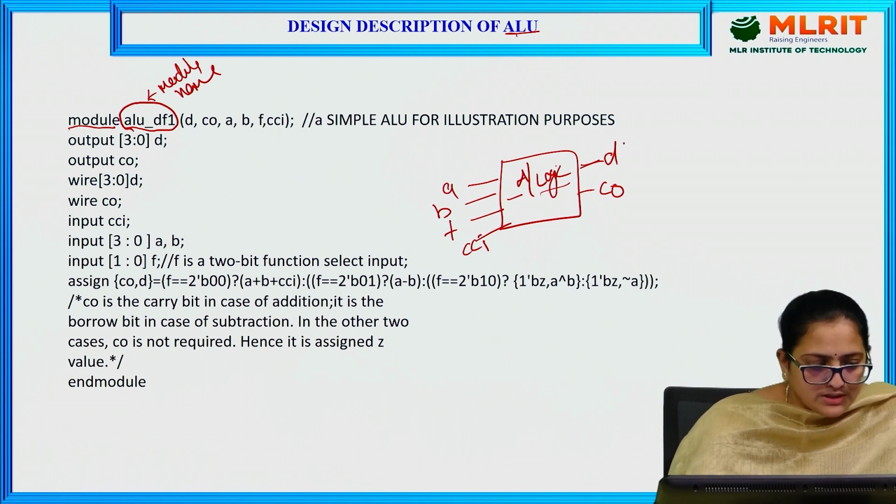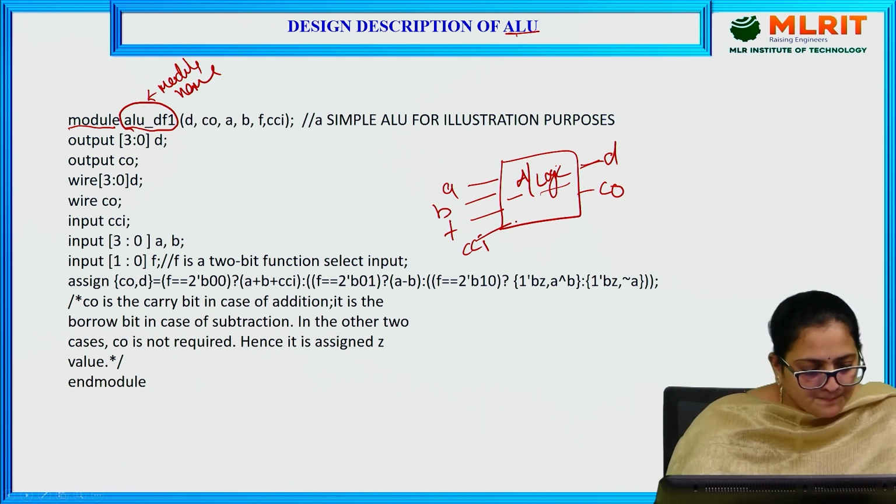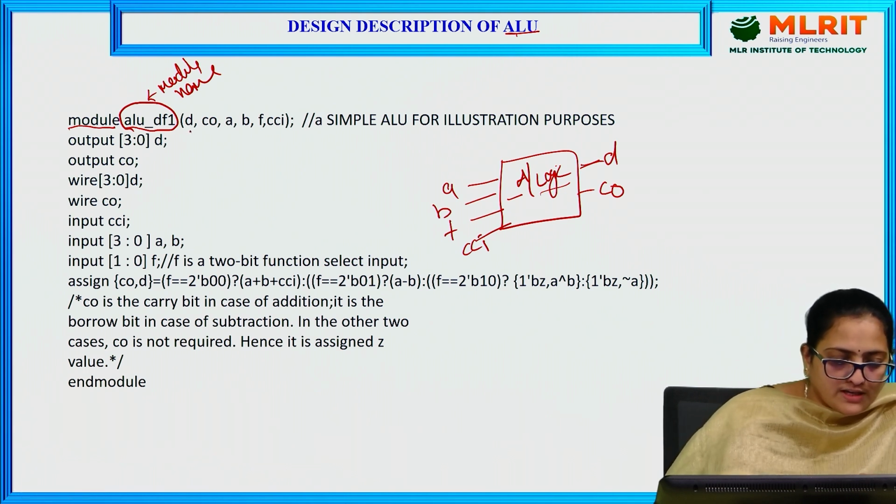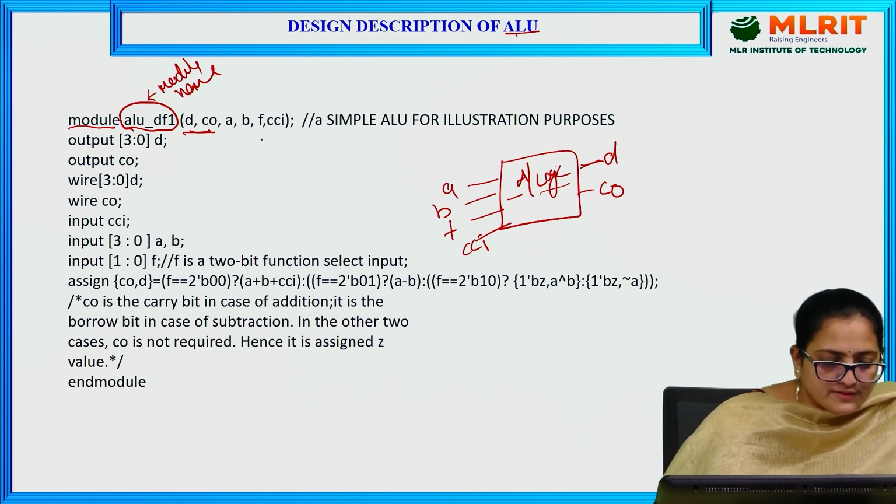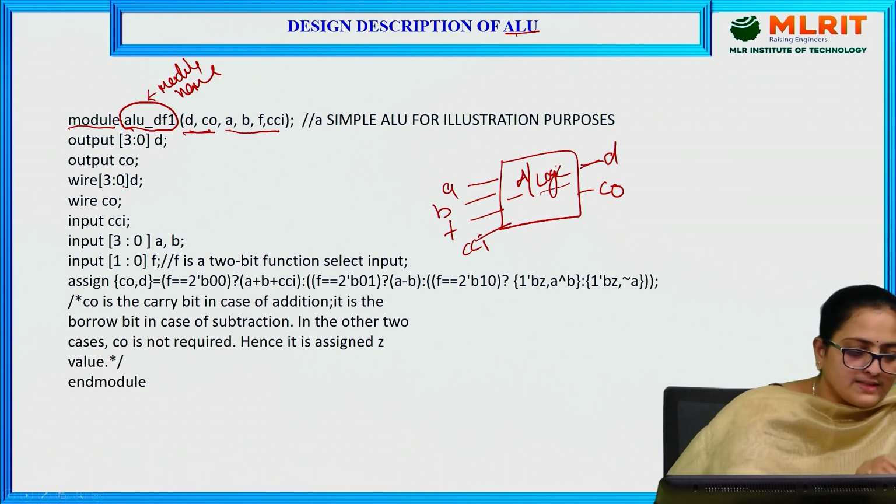So, outputs are D, C0 and inputs are A, B, F and CCI. Here, I have just declared the ports D and C0 as outputs, and A, B, F, CIN are the inputs, declared separately.